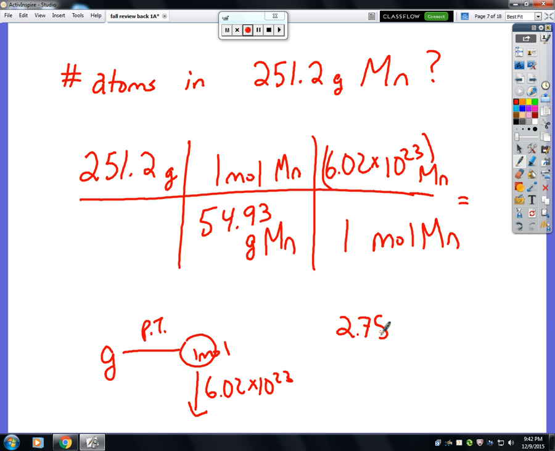Now be careful because you need to look over on your calculator. If it ever says E, it does say E. So it says times 10 to the 21st. Atoms. I forgot to put that up here. There you go. Of manganese. Okay? All right, now,